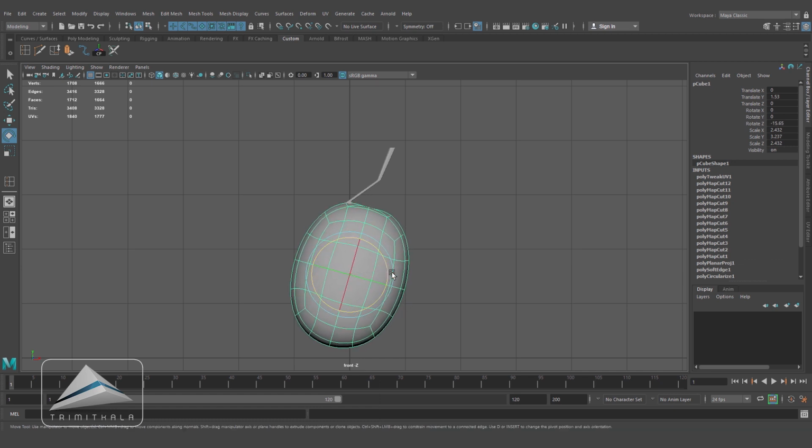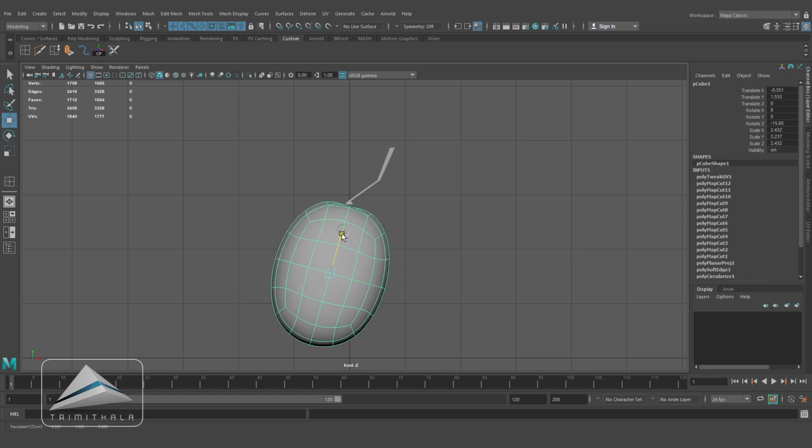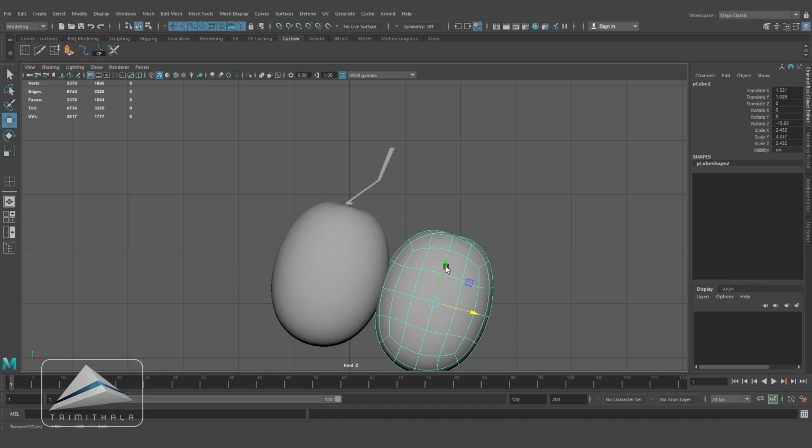Changing the orientation of the grapes also, and I will duplicate it, and let's keep it over here. Changing the size also a little bit.